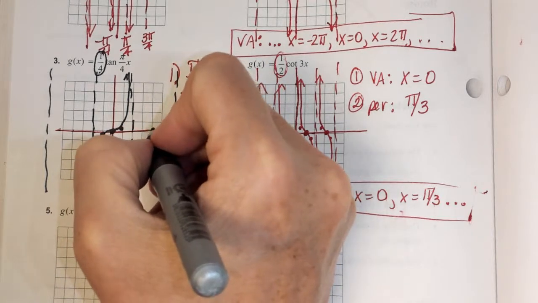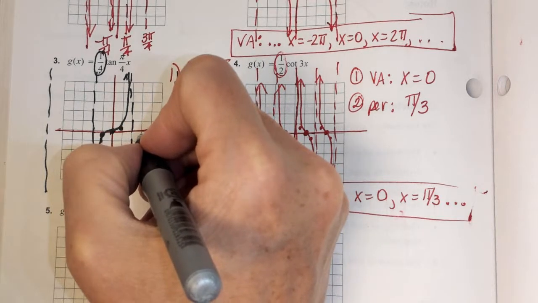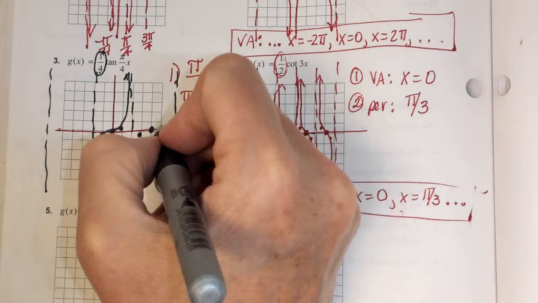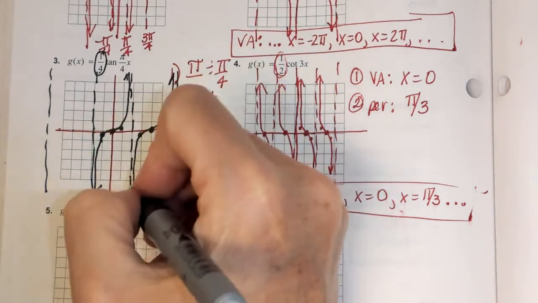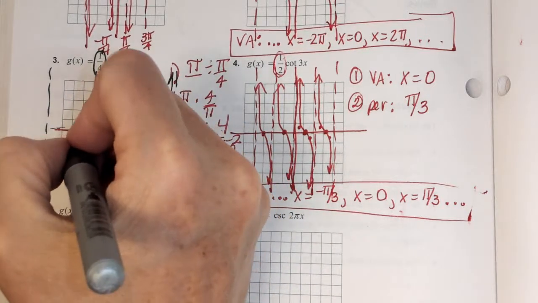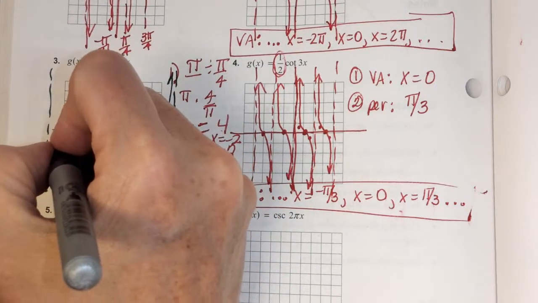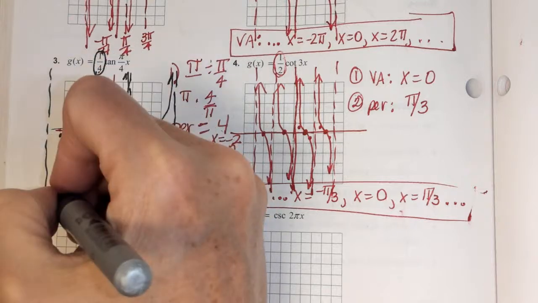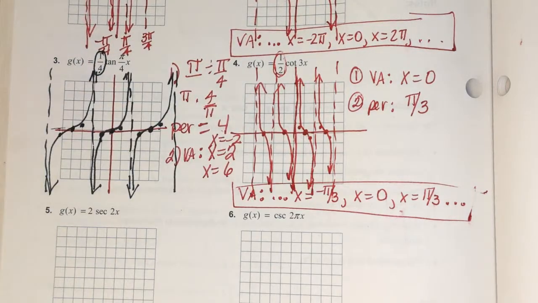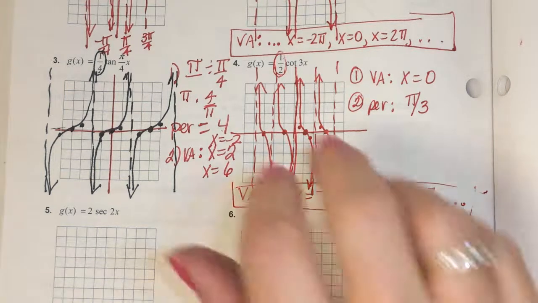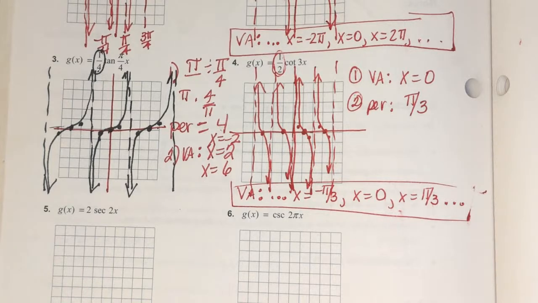Halfway in between here, we're at 0. Halfway in between here, we're at -1/4, +1/4. Halfway in between here, we're at 0, -1/4, +1/4. Okay? Questions on that? All right, so I want us to take a break because we have to do secant and cosecant, and they're actually easier